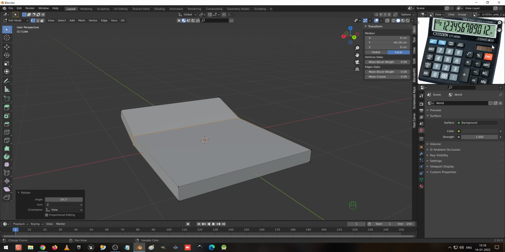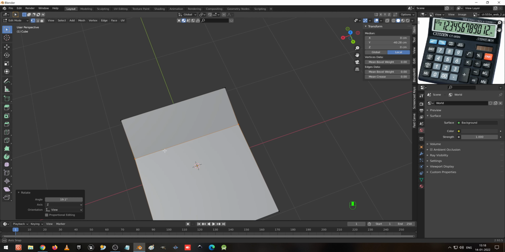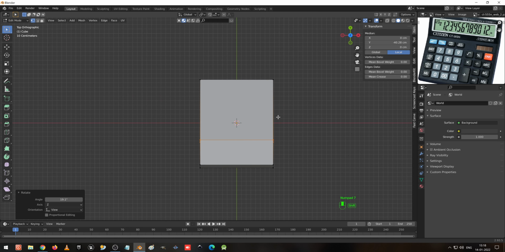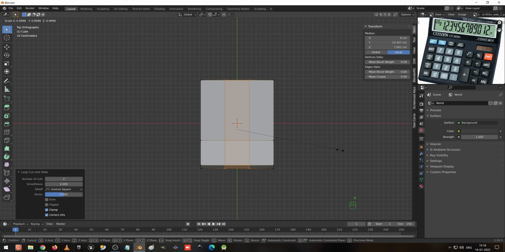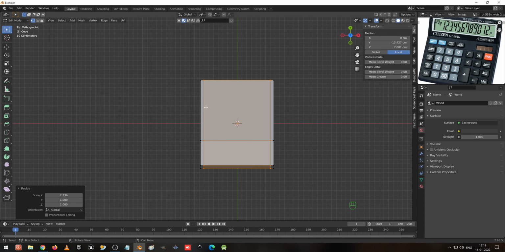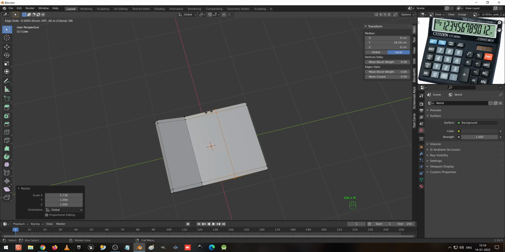So here you can see one cut has already been created. Here one edge loop is created, at this corner one edge loop, here one edge loop. So we can create. Go to top view. Press Ctrl R and create 2 edge loops and scale it in the X axis to move towards the corner evenly. So I'm going to give this distance for that. Okay, and I create one more edge loop and I make it up to here, for this line.